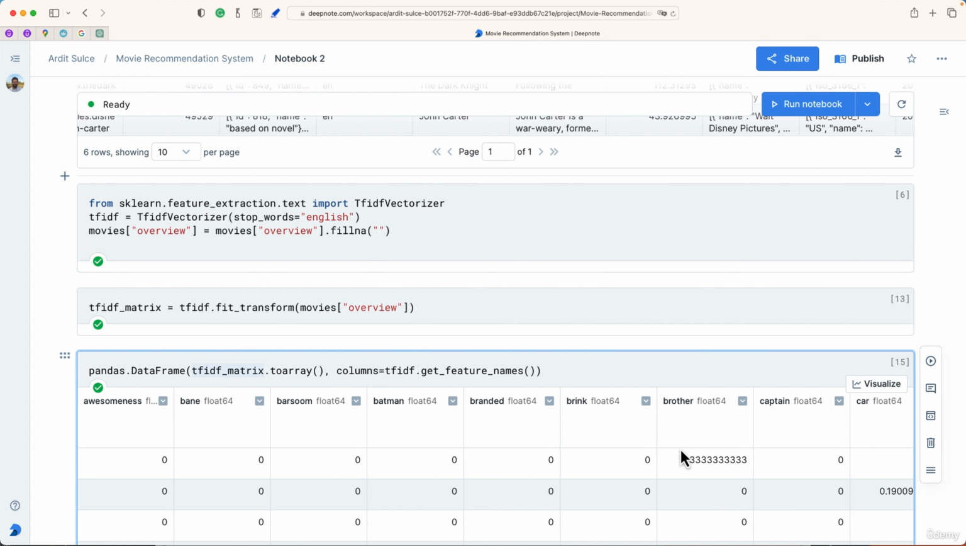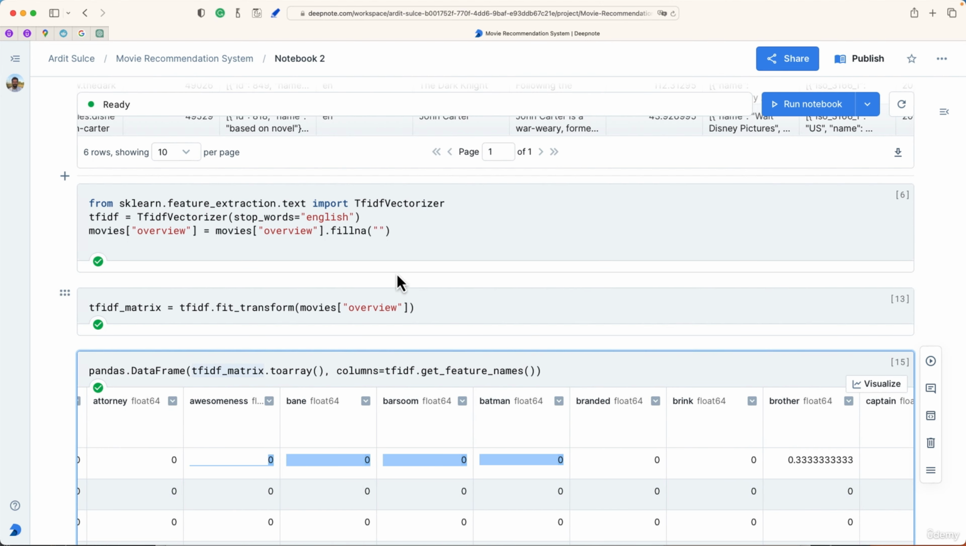Now for brother we have 0.333, etc. Why is this number here? Well, that is the value of tfidf. So this matrix contains the tfidf values. What is a tfidf value? Well, this value is indicating the frequency of the word brother in the first movie. The first movie is